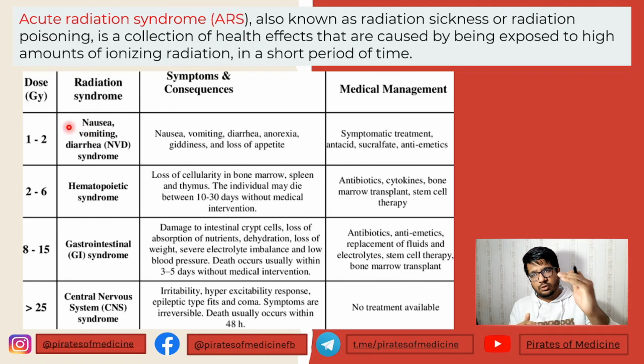Now, as the dose increases, there appear hematopoietic syndrome, GIT syndrome, central nervous system syndrome, and various other symptoms. For example, in hematopoietic syndrome, the bone marrow stem cells are destroyed, so all the blood cell levels will decrease gradually. In the GIT syndrome, the intestinal mucosa is destroyed, so diarrhea and dehydration are seen. In the central nervous system syndrome, the brain structure and neurons are destroyed, which leads to convulsions, irritability, coma, and even death. So this is acute radiation syndrome.